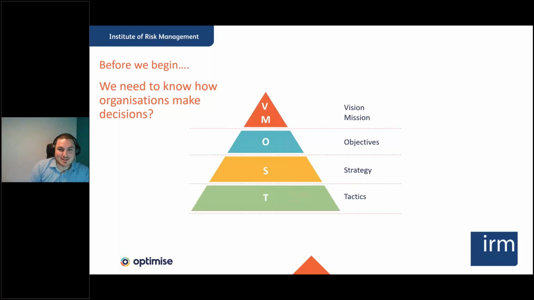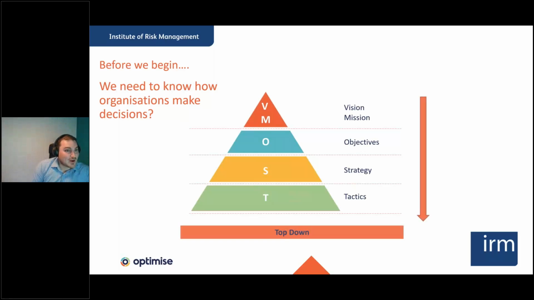So much like the old analogy of how do you eat an elephant, one bite at a time, an organisation is no different in its decision-making process. We start at the top and we work our way down. The problem that sometimes generates for us in risk profession space is that the thinking goes that way too a lot. So a lot of the thinking is usually quite top-down. And that's sometimes a bit of a barrier for us. So today's talk is going to be about how we try and flip that decision-making process a little bit and start taking data from the bottom, working it up to make sure that we understand how we achieve some of these things that are at the stratospheric level of the organisation.